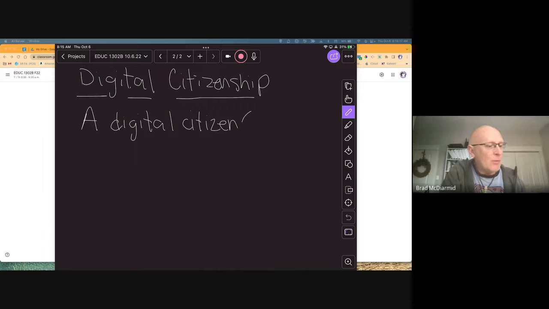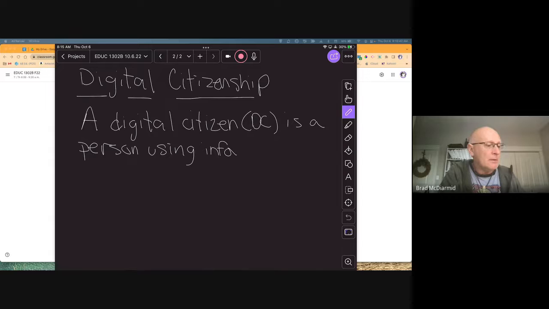And then from evermore, we are going to refer to as DC. We'll refer to it generically as digital citizen or digital citizenship, okay? So a digital citizen is a person using, and you're going to see that I'm not going to use the word computer here, information technology, okay?